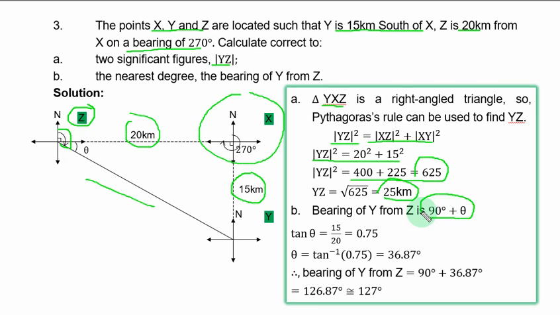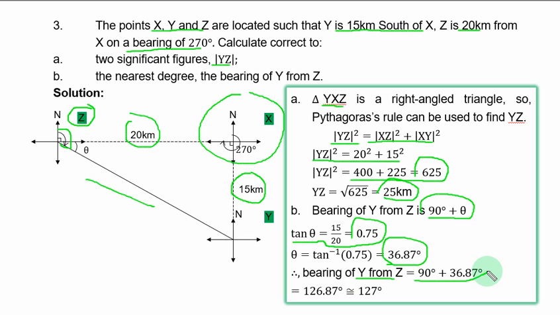Already a triangle there is a right angle triangle, so we can get theta by using tangent, because you have 15 as opposite and 20 is adjacent. So tan theta is equal to 15 over 20, and that is 0.75. To get theta, you take the inverse of tangent of 0.75, and that is 36.87 degrees. Therefore, bearing of Y from Z is equal to 90 degrees plus